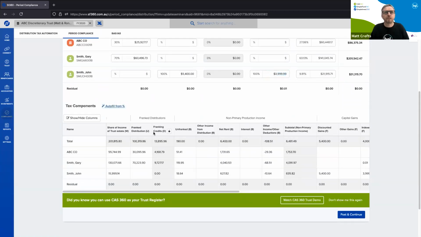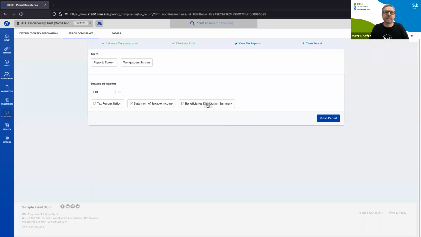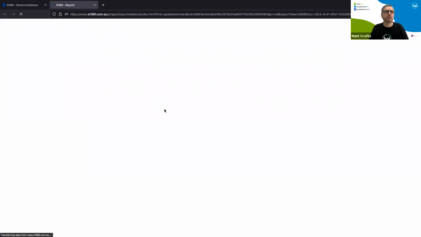Then I can auto-fill that, and it shows me basically what you'd see in your tax return now. So you can see all the share of income. What that has basically allowed you to do is stream that through, and I can post that and the journals will go through. And I've pretty much done most of my tax rec work now and most of my accounting work. It's going to do all the journals. It's going to post the accounting journals. It's going to post the tax entries into the tax rec. And then I can start getting my distribution statements, my statement of taxable income.